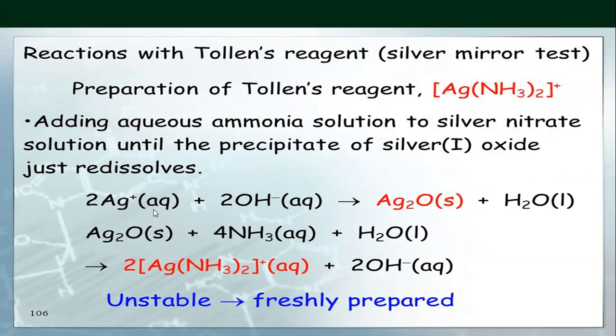When adding an aqueous ammonia solution to silver nitrate solution, you will be able to prepare this solution. This solution, that means diamine silver hydroxide in aqueous solution, is called Tollens reagent, and by using this reagent